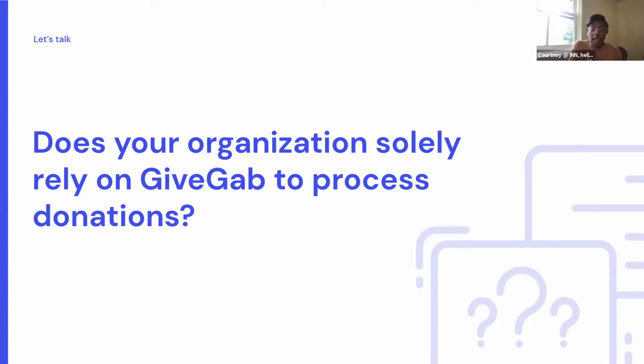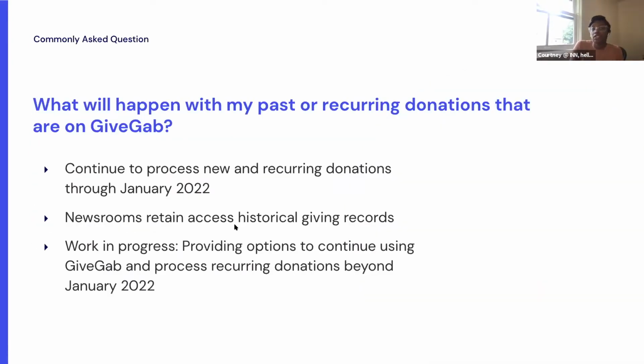For those who have used GiveGab in the past, primarily because we've provided it as an option for NewsMatch, we want to make sure that we are also helping you transition in a way that is supportive of managing your donors that have come through that platform. So the first thing again is that we're going to still continue to process new and recurring donations through January of next year. Newsrooms, through your user accounts, you will retain access to your historical giving records and your donor